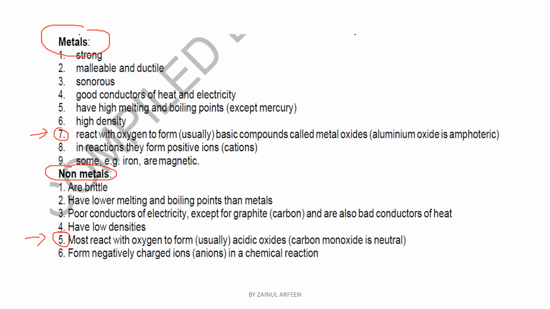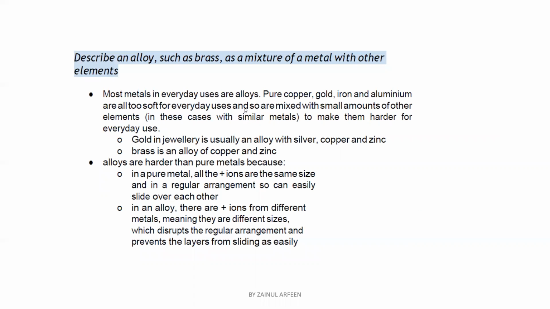Then what are alloys? Describe an alloy, such as brass, as a mixture of metals. So when we mix two or more metals together, it will form a substance which we call an alloy. For example,